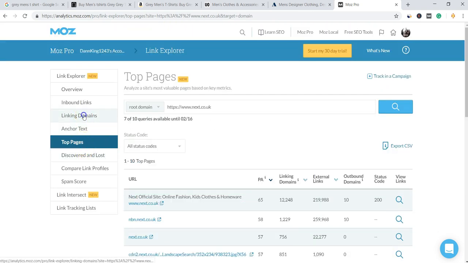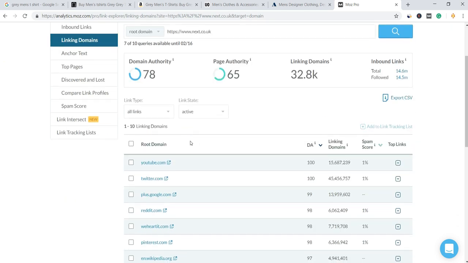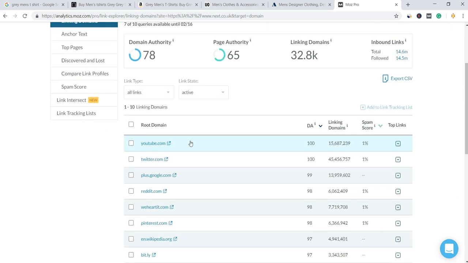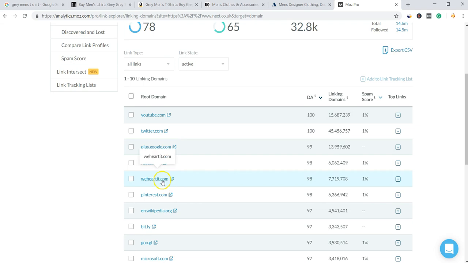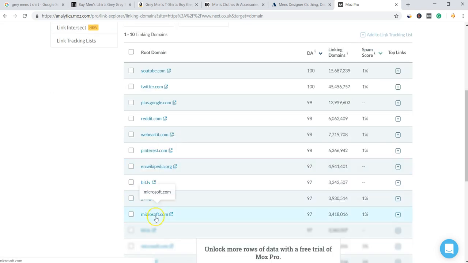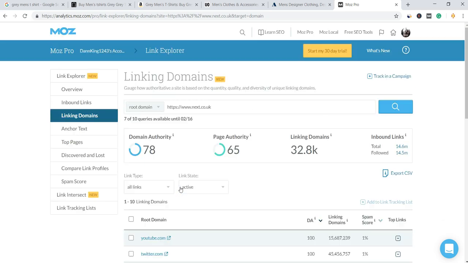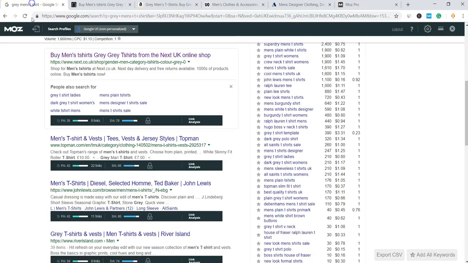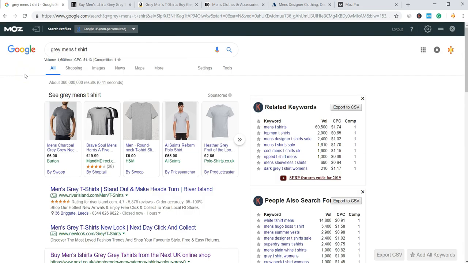If we look at the linking domains, they have a lot from YouTube, Google Plus, Reddit, WeHeartIt.com, Pinterest, Wikipedia, Microsoft.com. Yeah, so they've built up their sites. You're not going to compete with these guys. You have to be very slick with your SEO if you're going to show up on search for your little